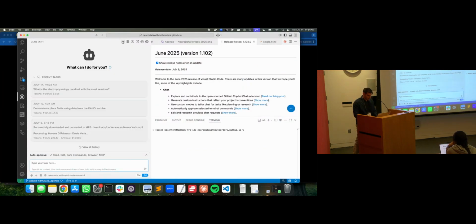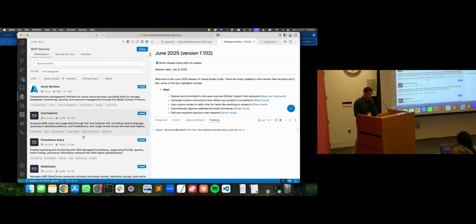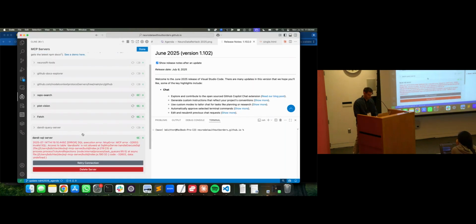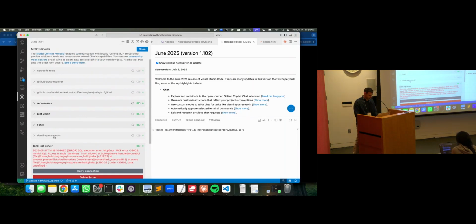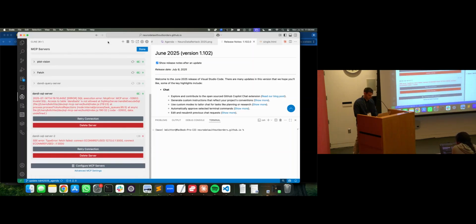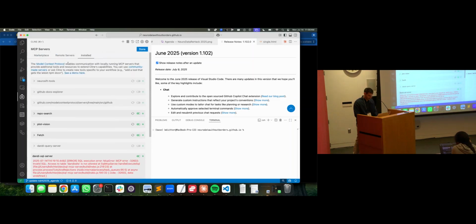All right, I'm going to start a new chat. Probably a lot of you aren't that familiar with this. I'm going to go into this interface and how it all fits together on day 3 in the coding with LLMs session, but I just wanted to show you a quick demo to get you excited about this. So I've created an MCP server, which I've put here, this DANDI query server. And through this, hopefully this will work,